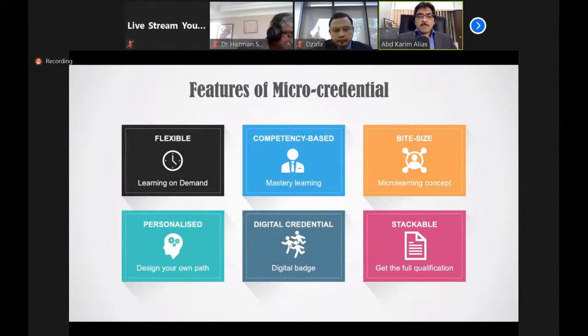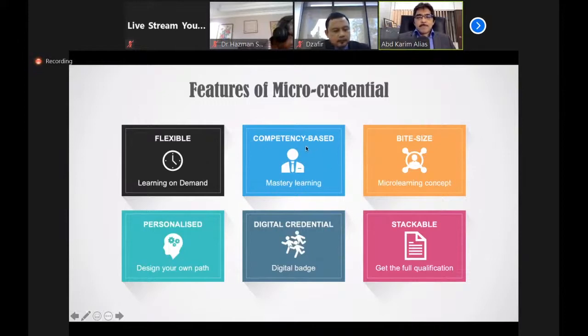And the concept of micro-credential, now with the technology, we can provide the micro-credential program online. So we make it very flexible for anyone. Anyone can learn anything, on the concept of learning on demand, just in time, just enough, and just for me, very personalized.